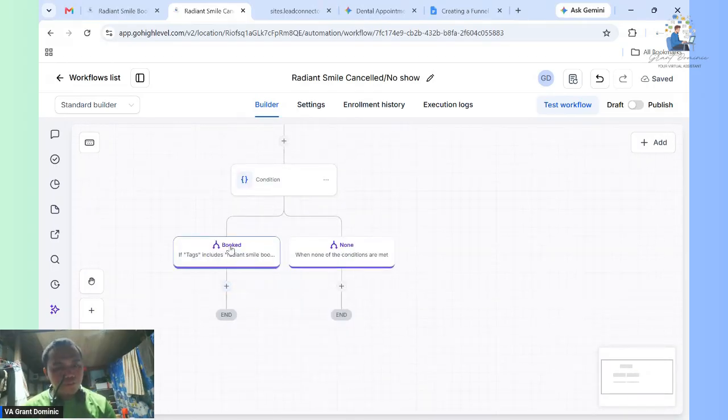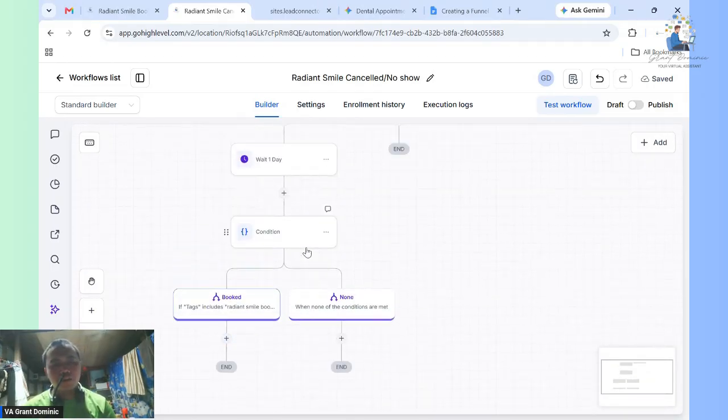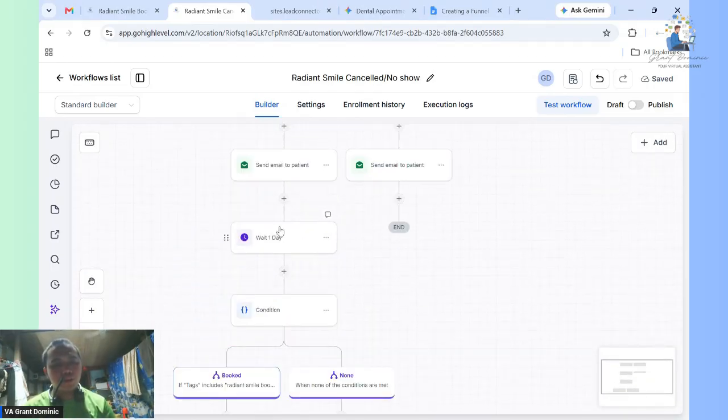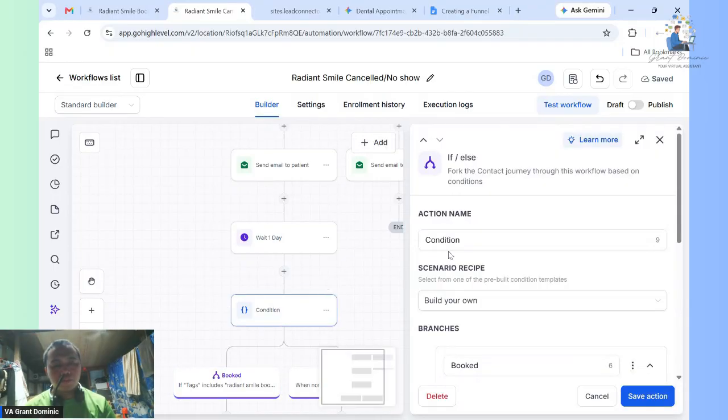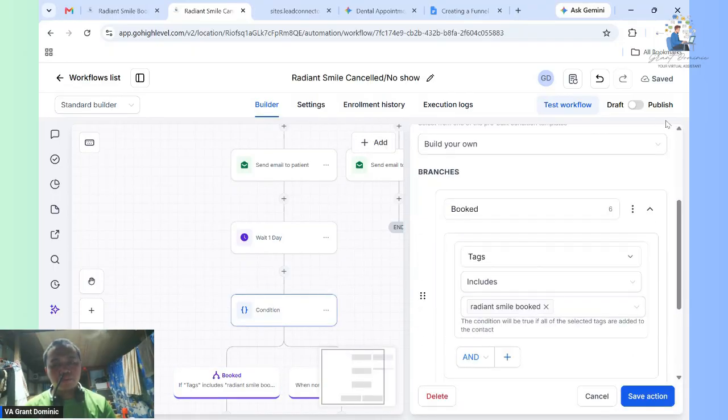So if the patient has booked, the condition is if it is already booked.